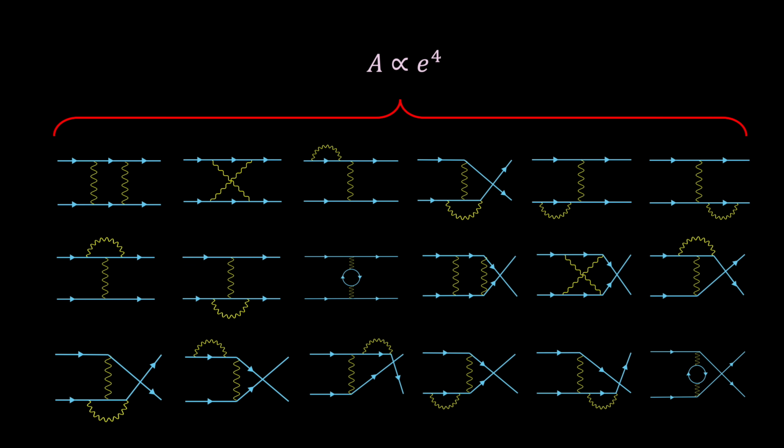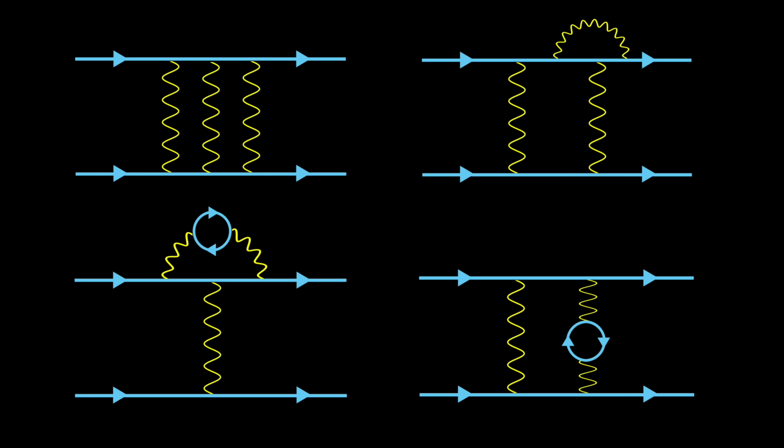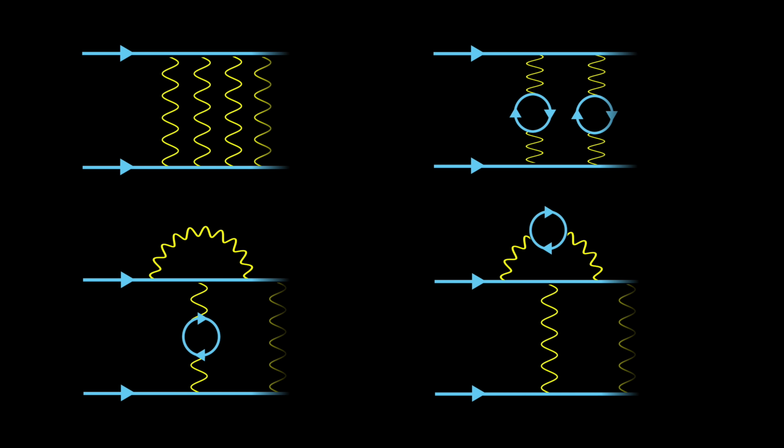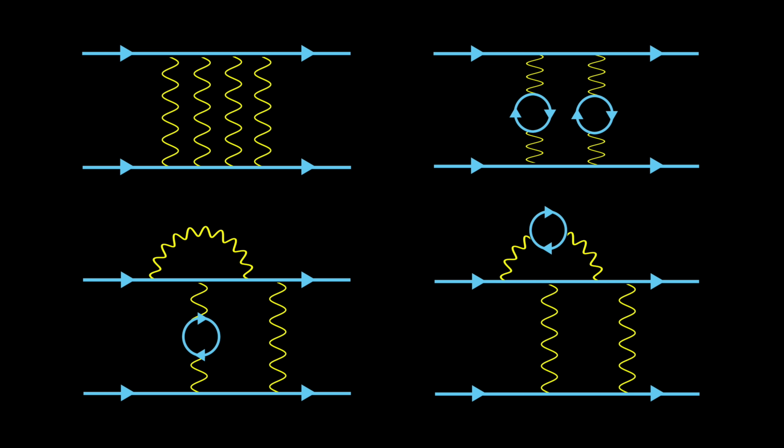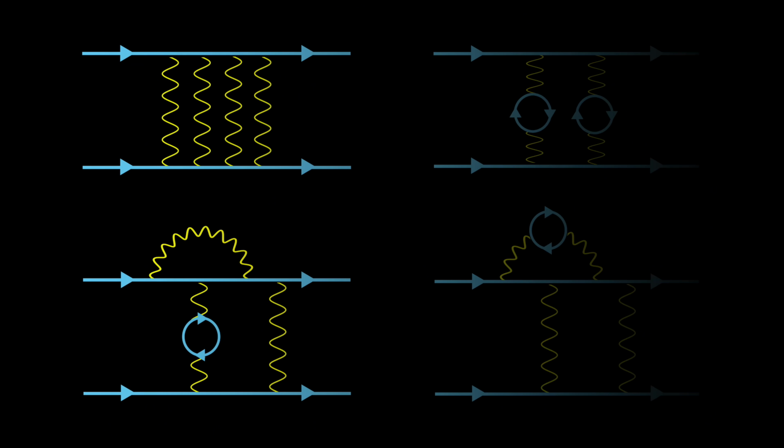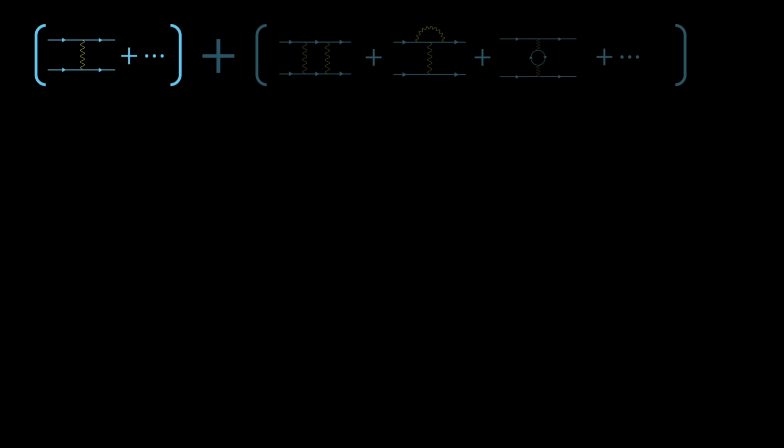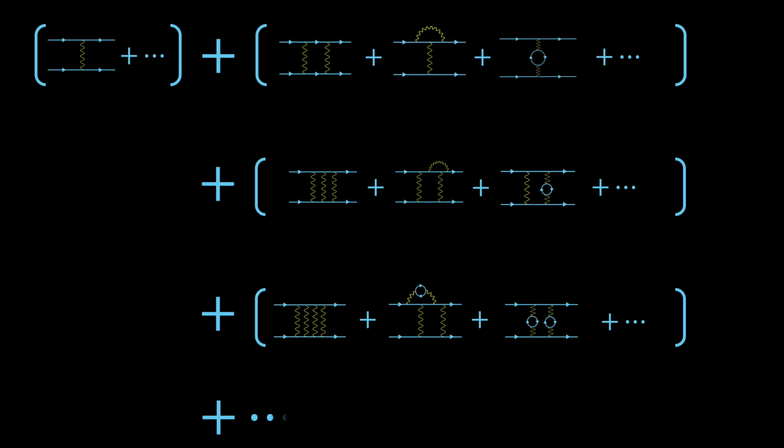But of course, there's no reason to stop here. We can keep going and consider diagrams with 6 vertices, or 8 vertices, and so on. In fact, there is an infinite number of possible Feynman diagrams, each representing a different possibility for how the two electrons could interact between their initial and final states, involving the exchange of an even greater number of virtual photons. Finally, we can group the diagrams according to how many vertices each one contains, and then add them all together to obtain the total probability amplitude for the process.